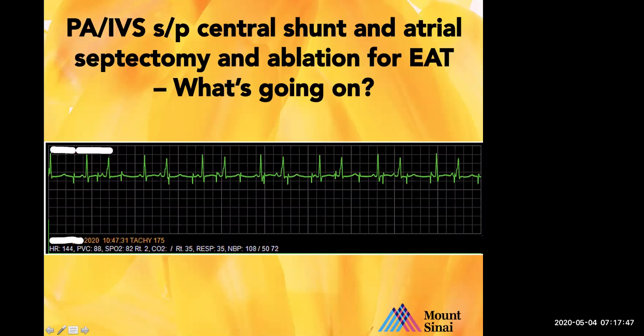It seems to be inappropriately pacing as well. I'm not sure if that's undersensing or oversensing, but the inappropriate pacing spikes almost. Right. So this